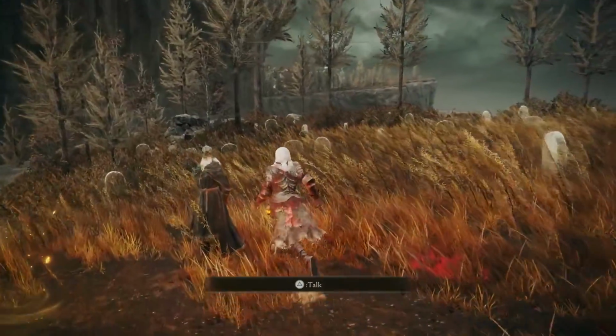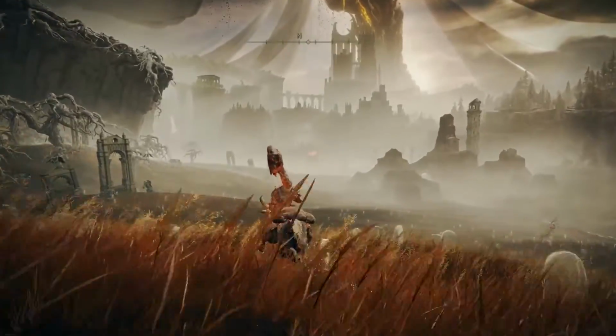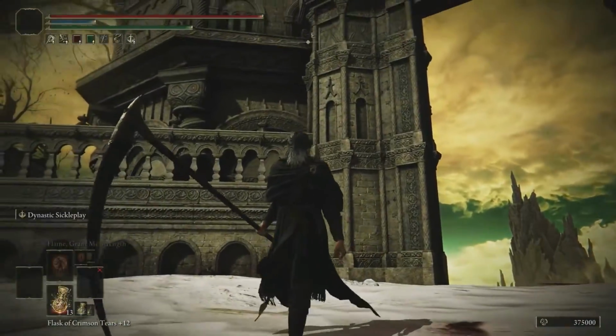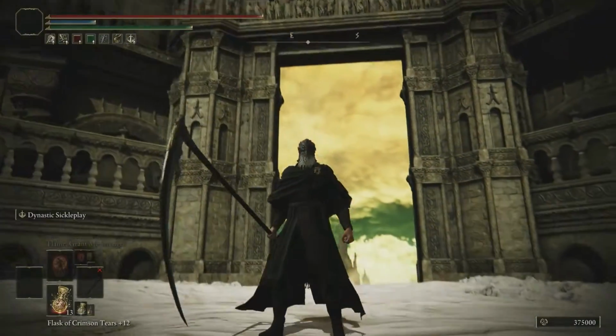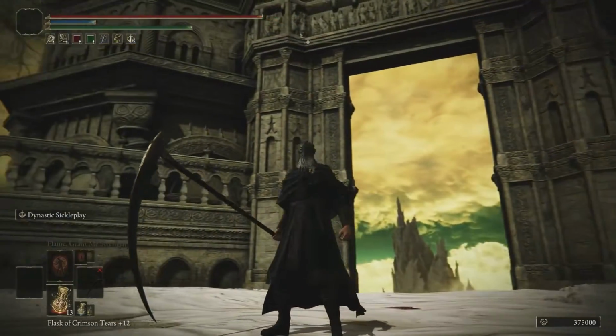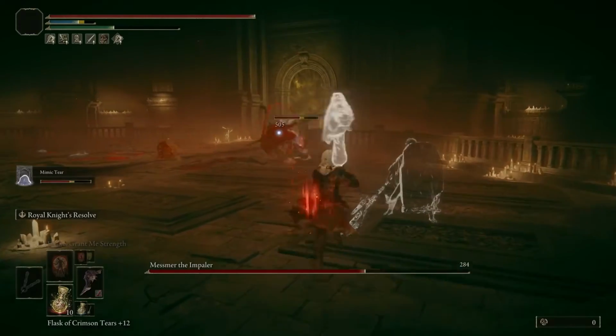Sir Ansbach is one of the first NPCs you'll meet as you enter the Realm of Shadow, and his quest will span the entirety of the DLC. In this video, we'll give you a step-by-step guide on how to acquire Sir Ansbach's entire armor set, weapon, and Ash of War. Just note that this video will not serve as a full walkthrough for Shadow of the Erdtree,